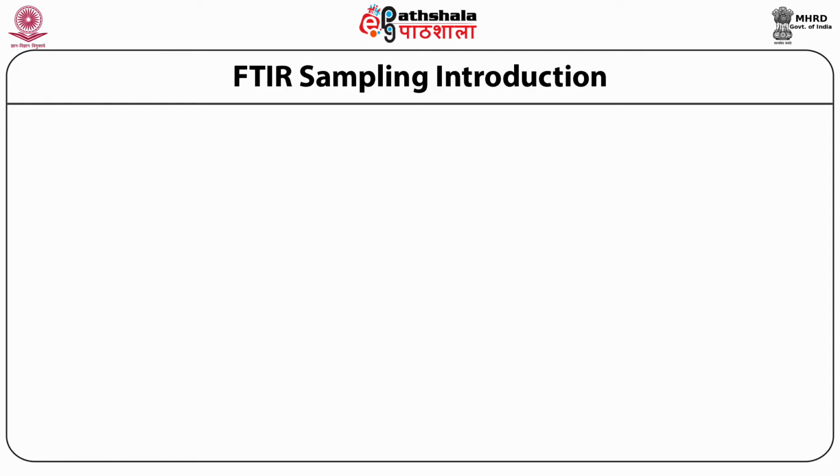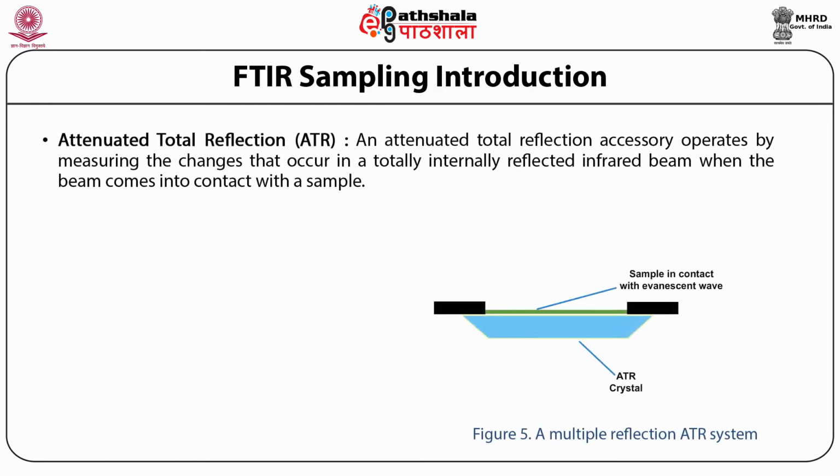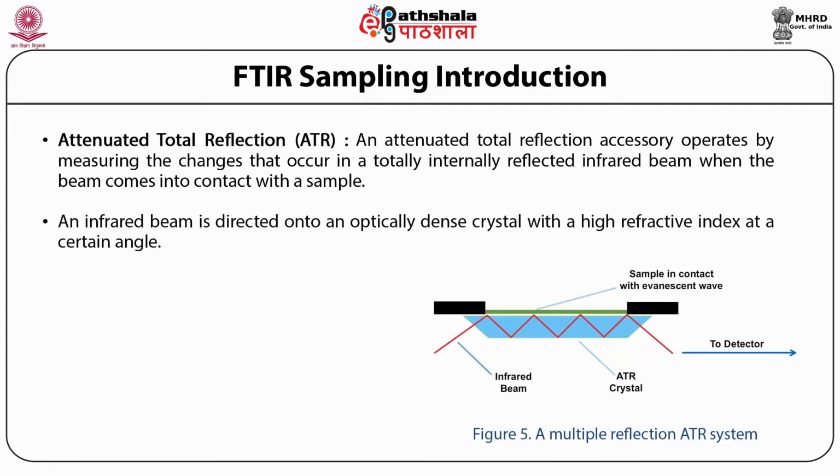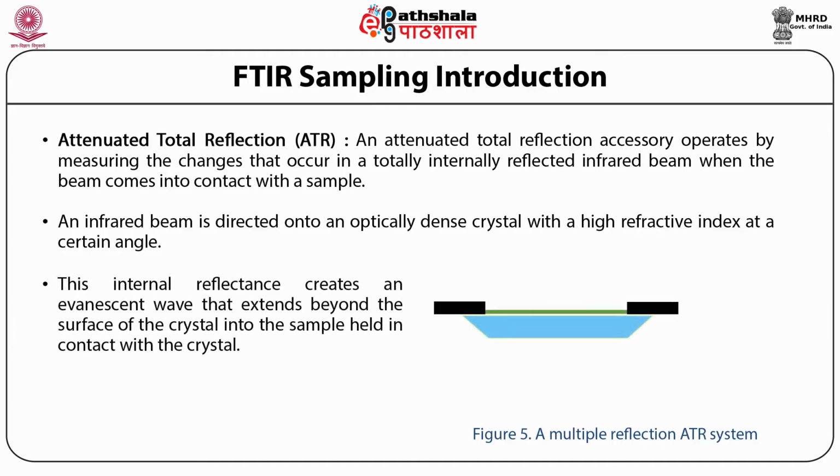The other technique is attenuated total reflection, ATR. An attenuated total reflection accessory operates by measuring the changes that occur in a totally internally reflected infrared beam when the beam comes into contact with a sample. This is indicated in this figure. An infrared beam is directed onto an optically dense crystal with a high refractive index at a certain angle. This internal reflectance